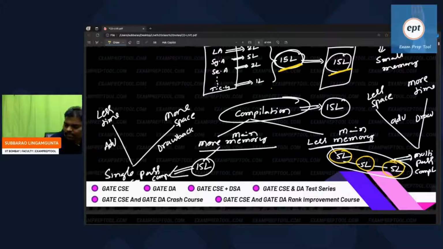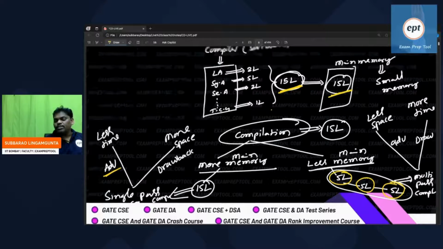So total compilation in multiple passes, if you do, is multi-pass compiler. Suppose main memory can accommodate 15 lakh lines of code at a time, going at a time, compilation at a time, that is a single pass compiler. If you do at a time, advantage is less time, drawback is more space needed. If you do multiple times, advantage is you can manage with less space, drawback is more time. Please remember, in the examination they may ask you what is the advantage of the multi-pass compiler and what is the drawback of the single pass compiler.